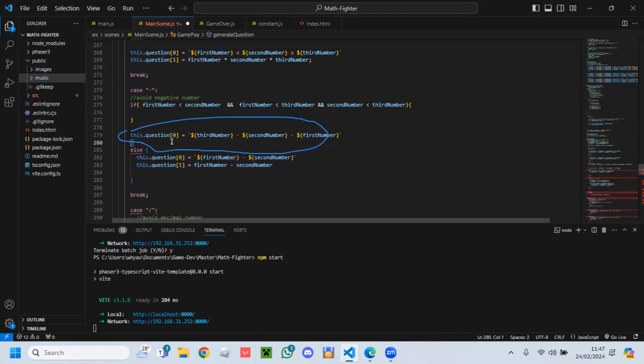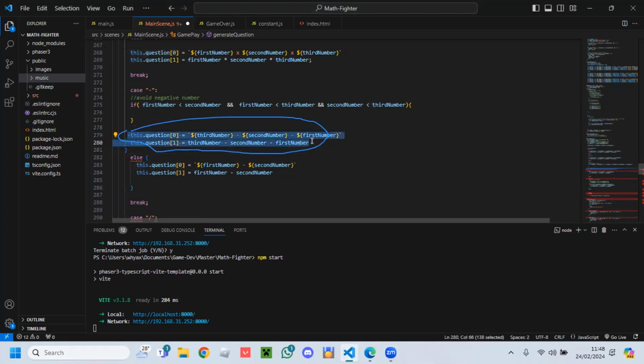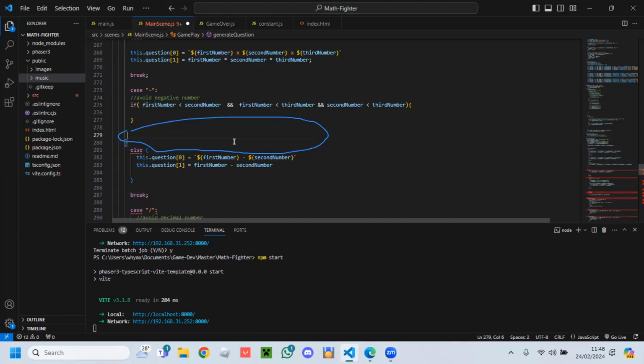Drag the block, Control X, and put it inside this if. Yeah, just press tab.